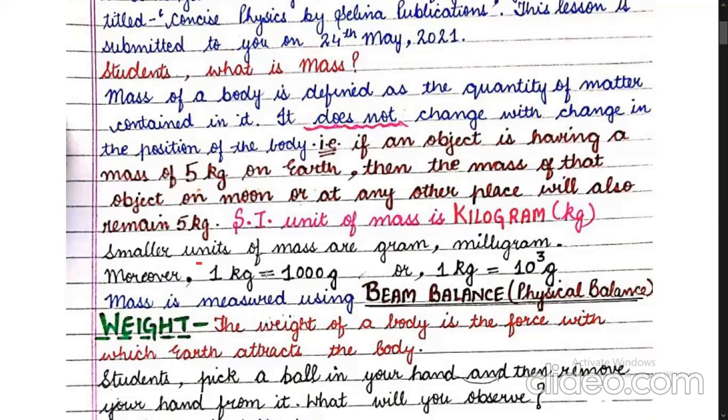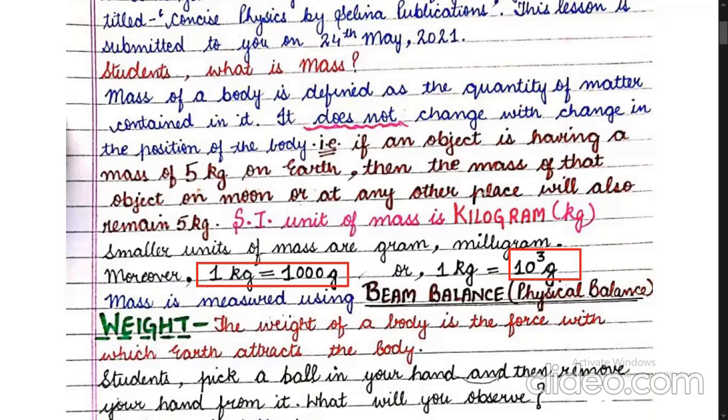So children, you must know that 1 kg is 1000 grams. And since we have learned in chapter 1 that 1000 can be written as 10 raised to power 3, we will write 1 kilogram is equal to 10 raised to power 3